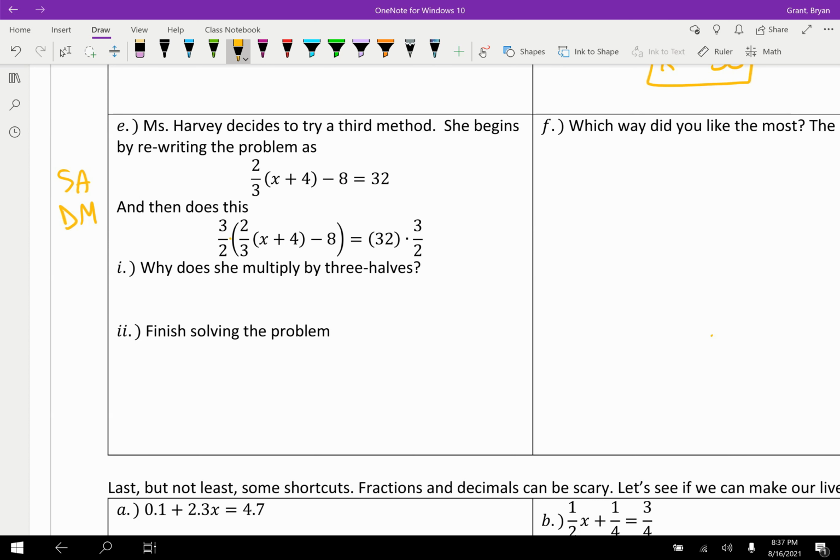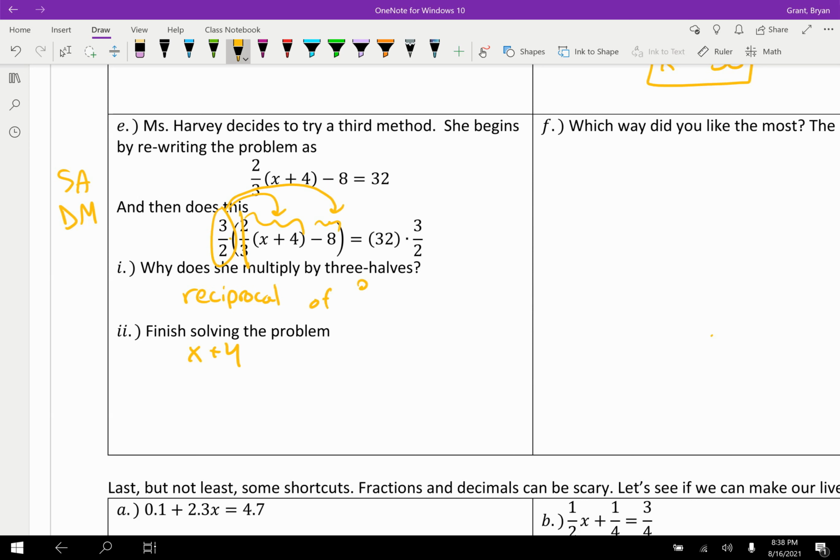By putting parentheses here, you will see that you need to distribute 2/3 to this whole term, and 3/2 to this guy. Well, let's tackle the first term. 3/2 is going to cancel out the 2/3, and that's just going to leave us with x plus 4, no parentheses needed, x plus 4, and that's it, right? 3/2 cancels the 2/3, right? It's the reciprocal